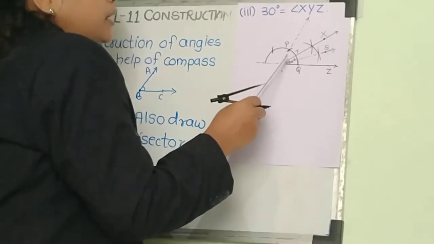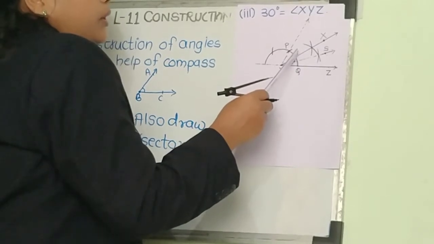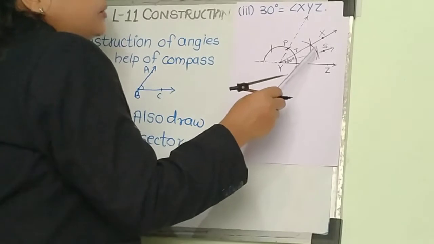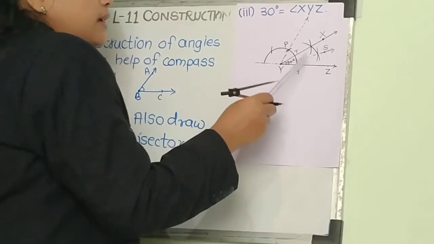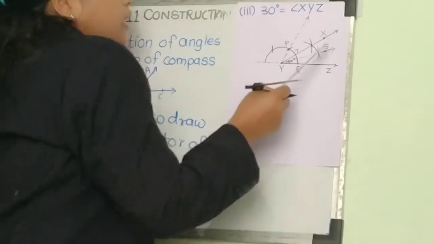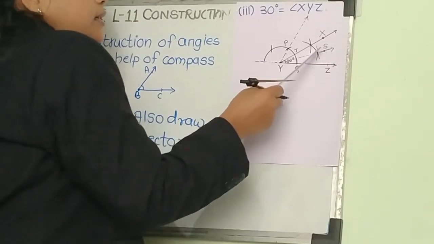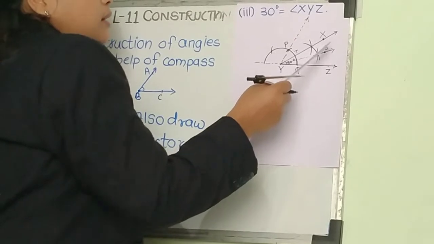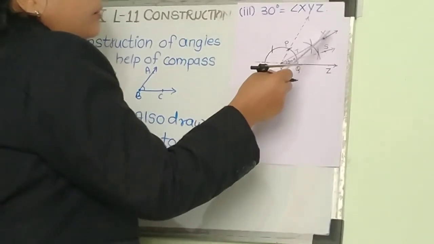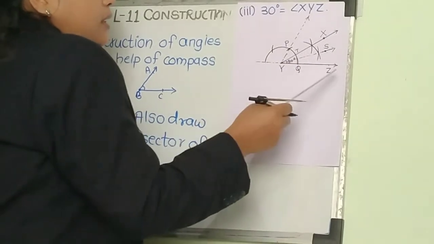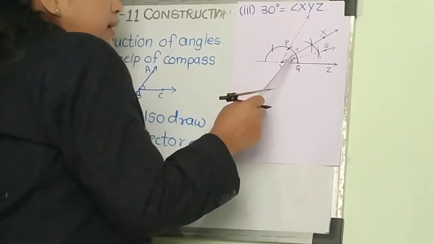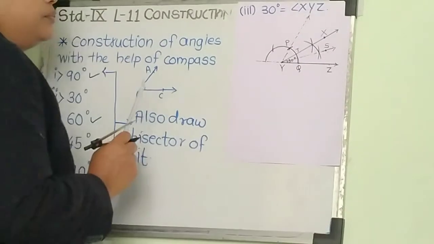And for the 30-degree bisector, we are going to take point T and Q. From these points, we are going to draw two intersecting arcs with fixed length. And finally, we draw the ray passing through that intersection of the given arcs. So YS will be the angle bisector of given angle XYZ. So in this way we can draw angle 30-degree and its bisector.